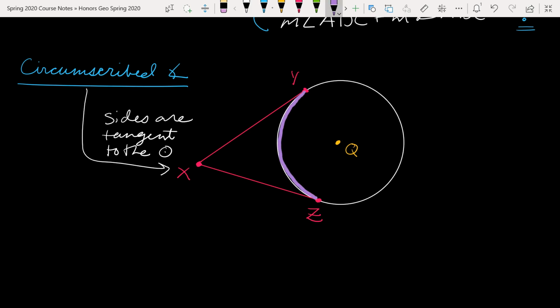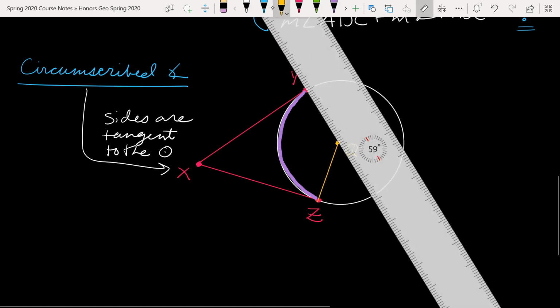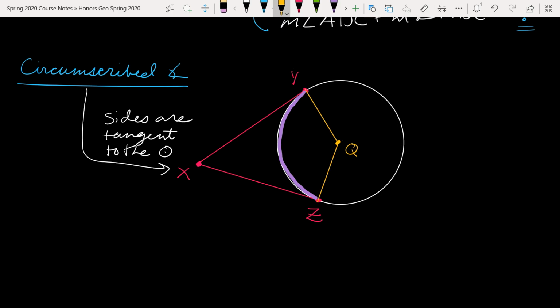If we want to know what the measure of arc YZ is, we just need to find the central angle that intercepts it. This last theorem involving circumscribed angles tells us this in this particular case: that if we know the measure of arc YZ, then that measure plus the measure of the circumscribed angle must